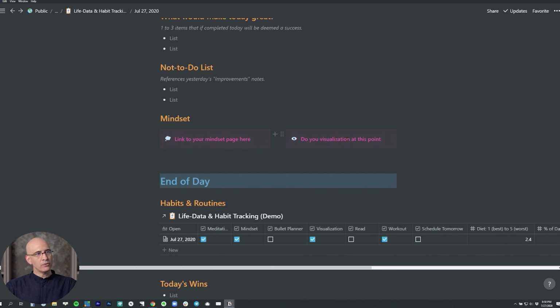Similarly, I have a visualization exercise that's listed right here. So right after doing the mindset review, you'll do a visualization practice, which again, keep it very short and simple. This could be as short as 2 minutes. It could be up to 5 minutes. So 2 to 5 minutes, close your eyes and visualize yourself going through your day perfectly, doing exactly what you